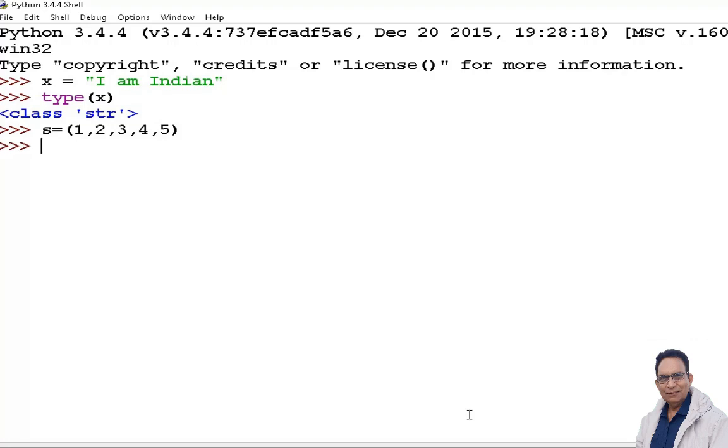So it is a tuple. Tuple includes so many values. So it is called a compound data type. Means this itself is a data type, but it is composed of integer type data or float type data or complex type data or string type data. Any type of data can be the part of it.